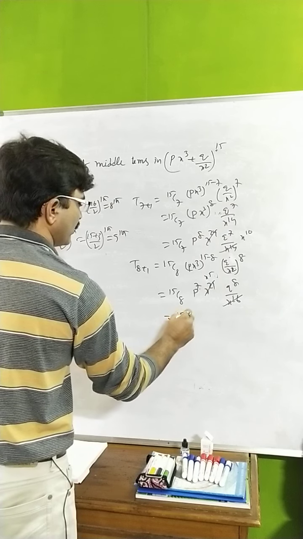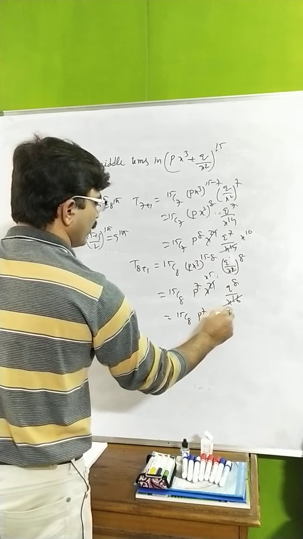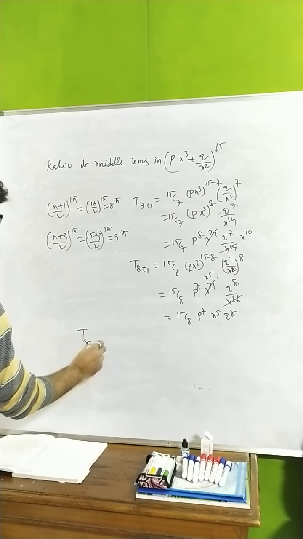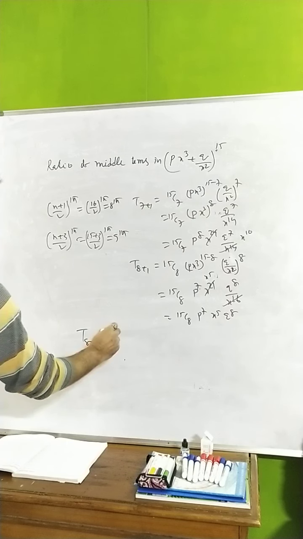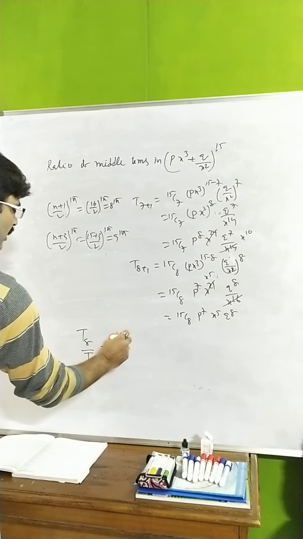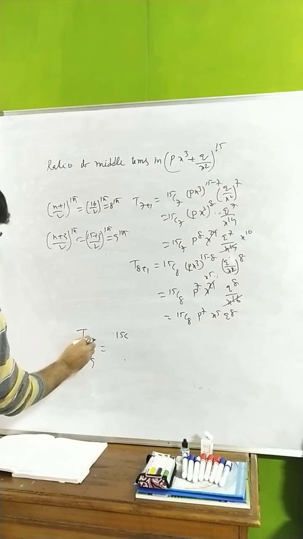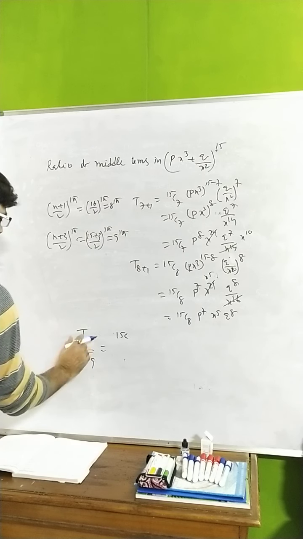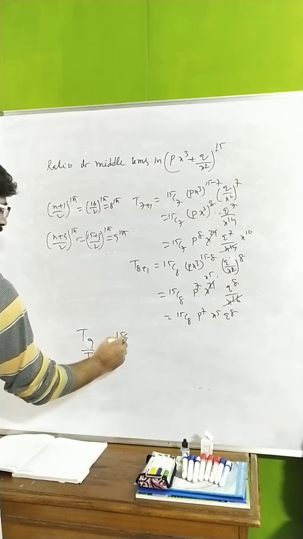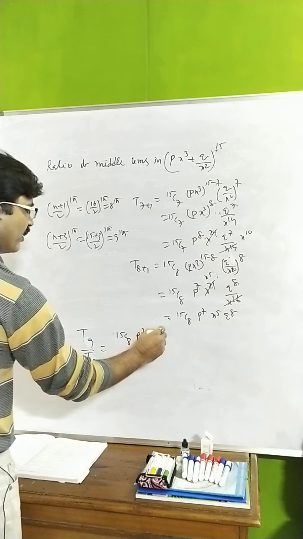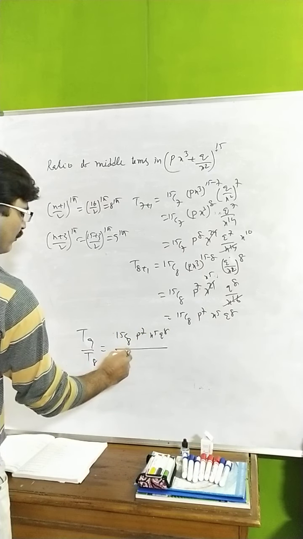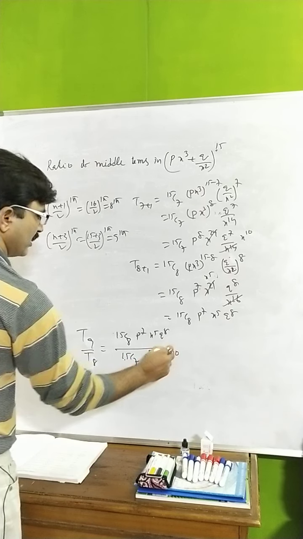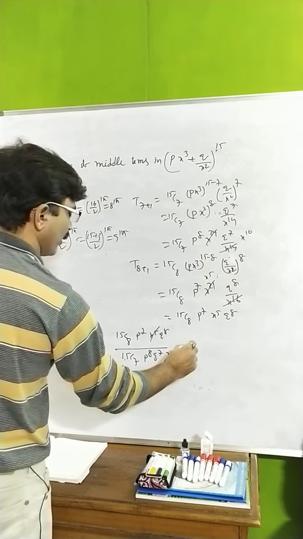That is 15C8 p to the power of 7 x to the power of 5 q to the power of 8. He said that the ratio of the middle terms, T8 by T9, is what is asked. You can write like this, or if you write T9 by T8 also you can write. T9 means p to the power of 7 x to the power of 5 q to the power of 8 divided by 15C7 p to the power of 8 and q to the power of 7 x to the power of 10 is there. x to the power of 5, if we cut it off, x to the power of 5 we have.